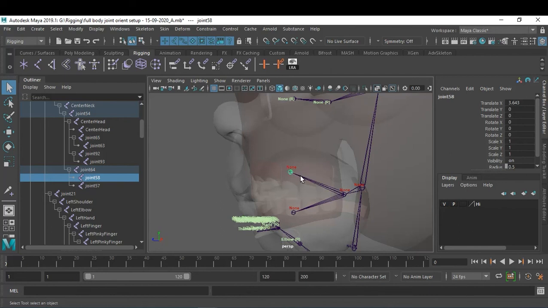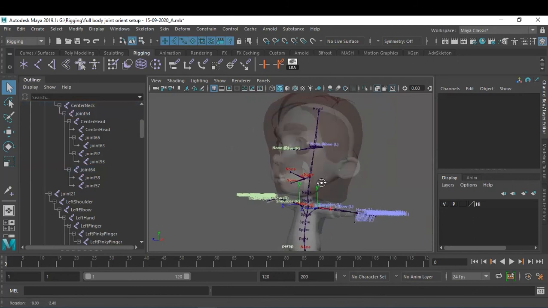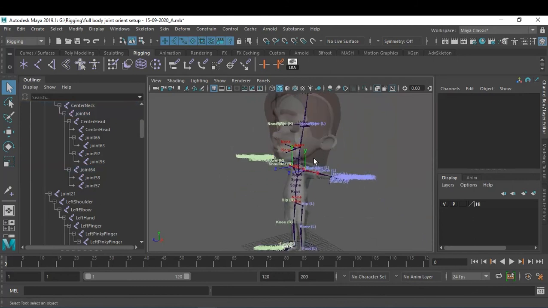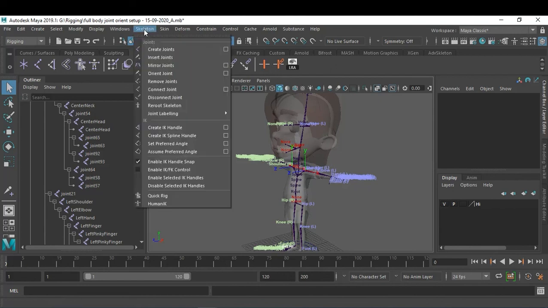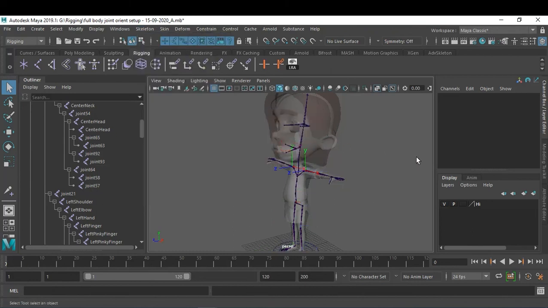Simple. This is our jaw joint. Top jaw, bottom jaw, then done. Clear? So we don't want any label over here. I don't want to see any labels. So just go to skeleton, joint labeling, and there is an option, hide all labels. Just click on that and hide the label. Done.